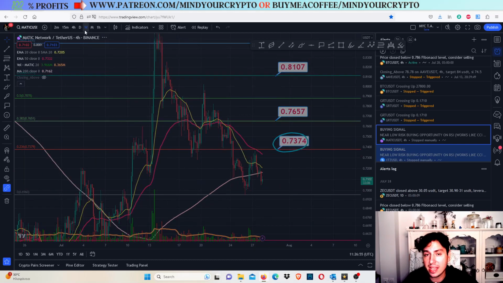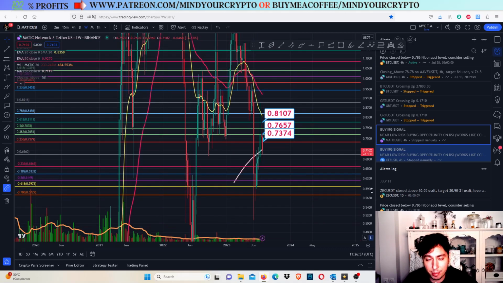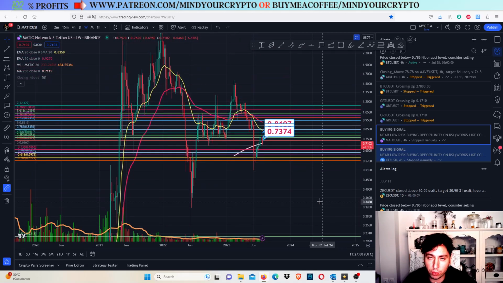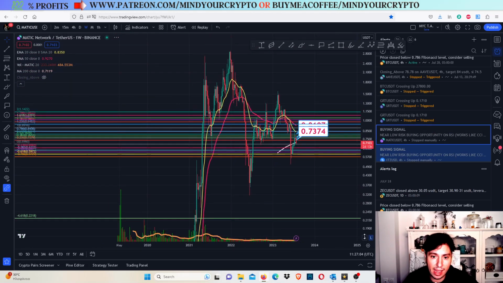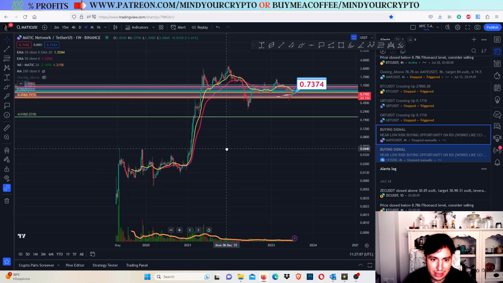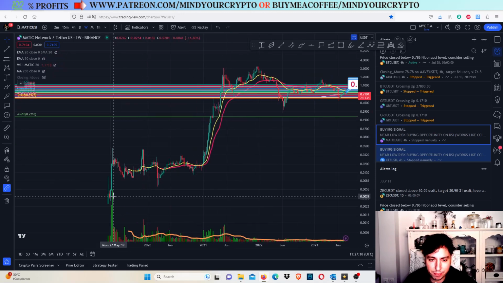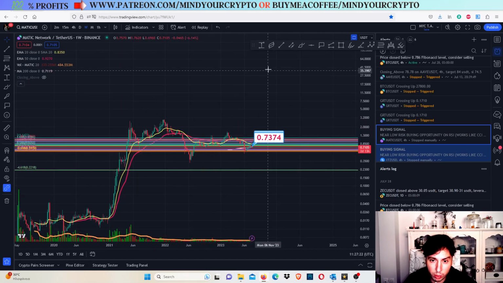Other than that though, in the long run, I believe that Matic is going to outperform everything. I believe that Matic is going to move even higher. And this right here is the start of something more impulsive. We could be on our way to have the first, okay, actually, this is the 0 point right here, first, second point, third point, fourth point, and right now we will see the fifth point, maybe even to the 5 USD and so on. But when we reach that in the next bull cycle, you have to be careful with Matic.